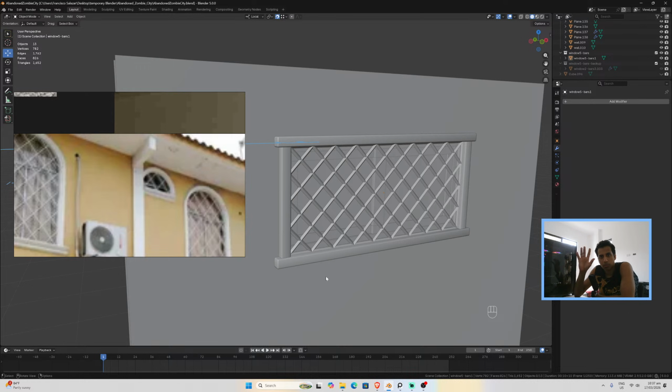Remember that right now I am only focusing on doing this for Blender. Depending on how we want to use it, then we're going to make all the changes that we need, especially